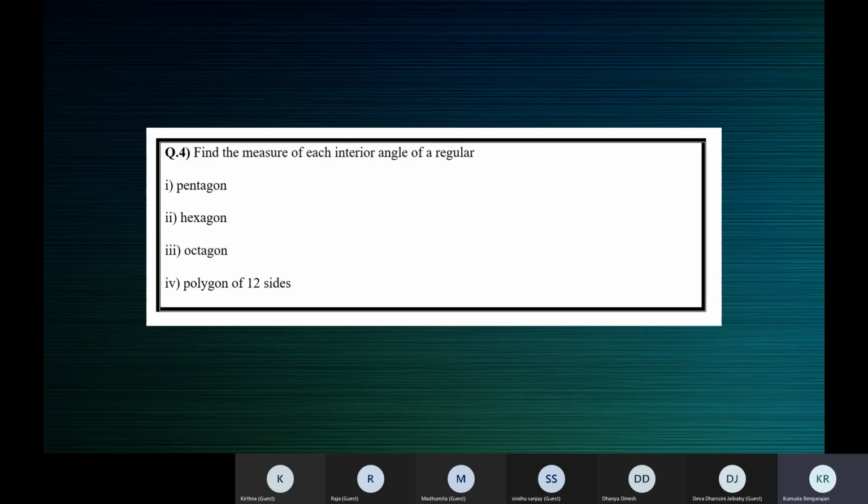Now, Sanjay, how will you find each interior angle? 540 divided by 5, ma'am. Yes, because the total is 540. Now, these 5 angles will share 540 equally among themselves. So each interior angle is equal to 540 by 5. Correct? All of us understand? Please understand what you're working. It's not that we have a formula and we just substitute and get something which we don't understand.